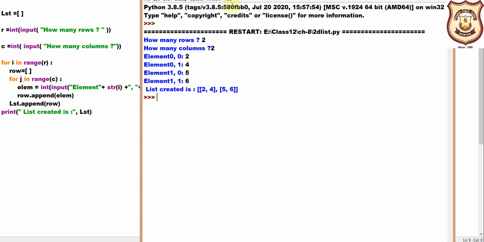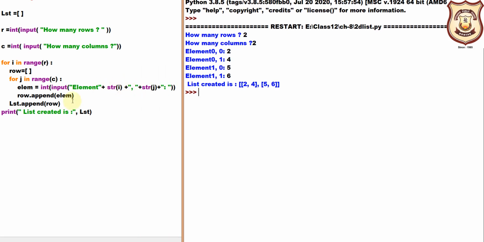So what I was trying to tell you is that whenever we are entering these values in a row, they are just updated within the LM only. When this statement executes and j becomes false, this 2 and 4 will get appended to this list.